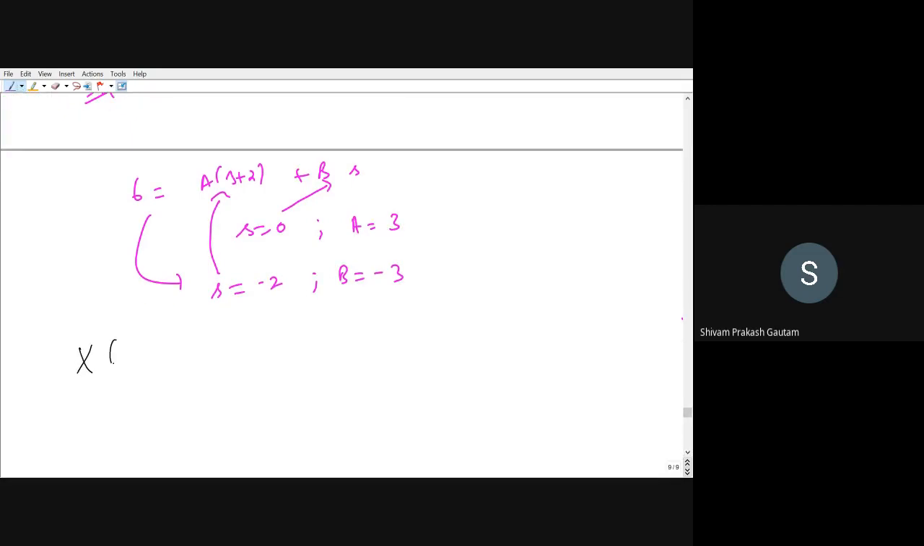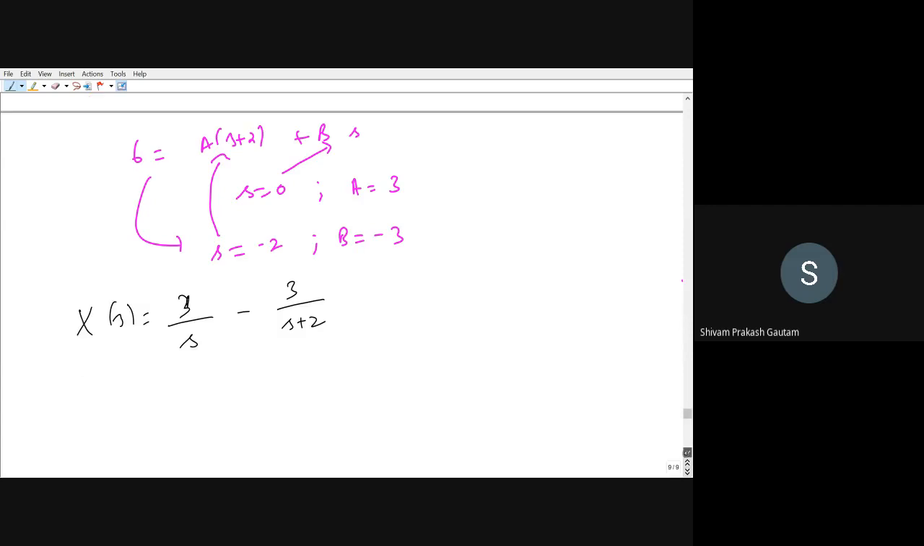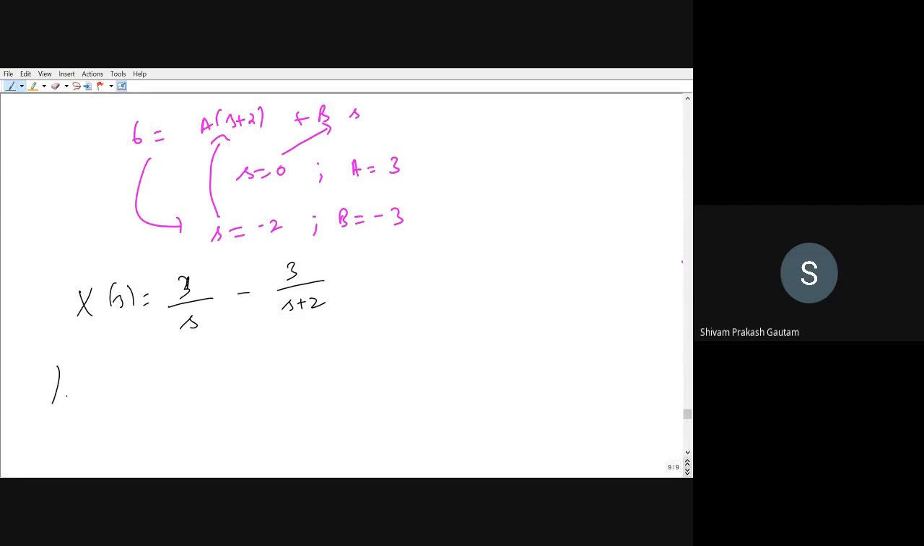so X(s) I can write as 3 upon s, that is a, minus 3 upon s plus 2. You can just check if that's correct or not. Let us assume that this is correct. Now you have to take the inverse Laplace transform of X(s). So 3, what is 1 by s? Inverse of 1 by s is 1, so 3 minus 3 e to the power minus 2t,